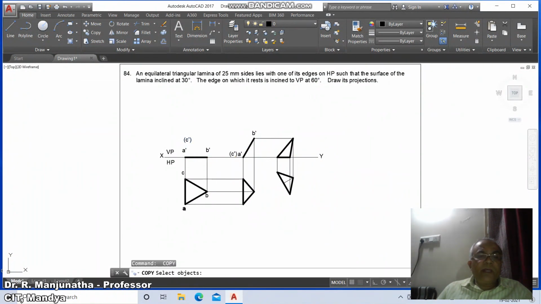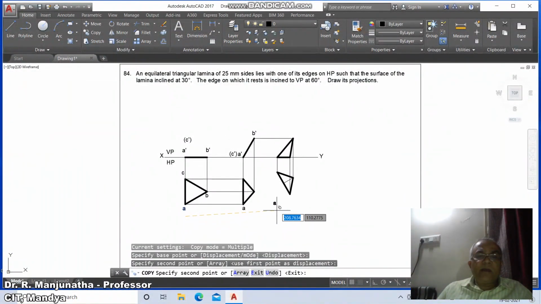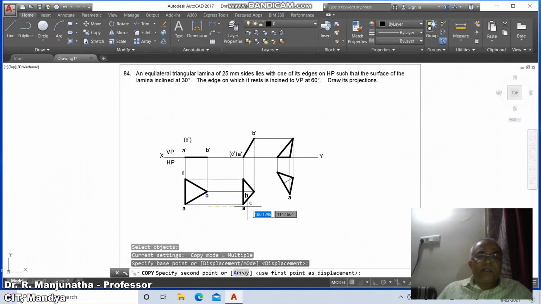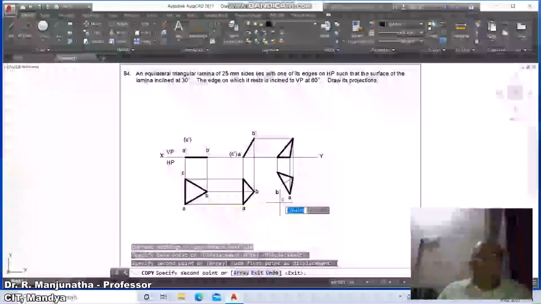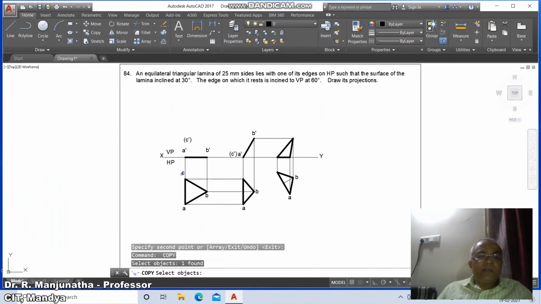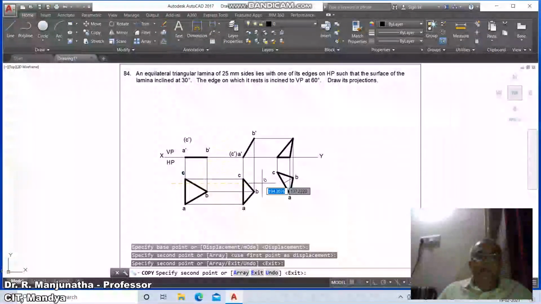Then come down to A, select this, keep it here, and this A will come here. Then go to B, select this B here and copy it here, and that B will come here. Then go to C, select this C here and copy it to here and also here.